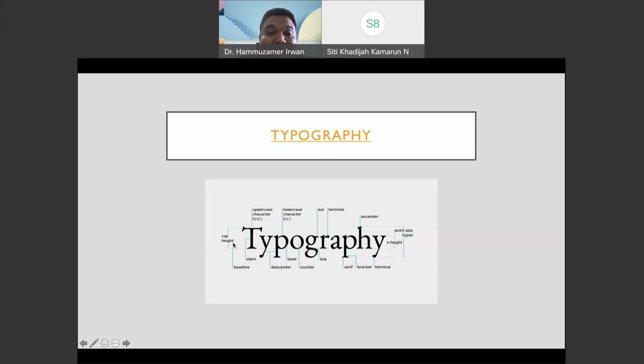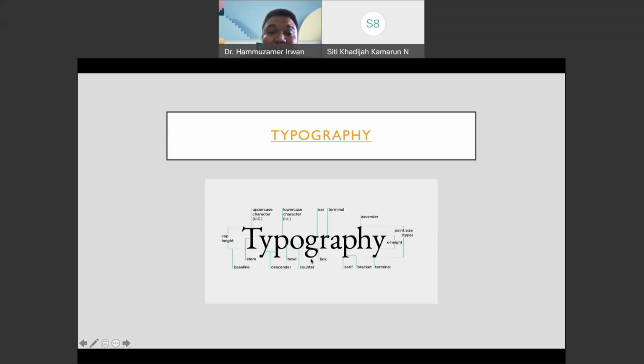The cap height, which is the capital letters, the baseline, the lowest, but we have also the other baseline, like this one, bracket, serif, terminal, and then lowercase, uppercase, the ear. This is G, it has an ear, the bowl, the descender, descender like P, Y, and also